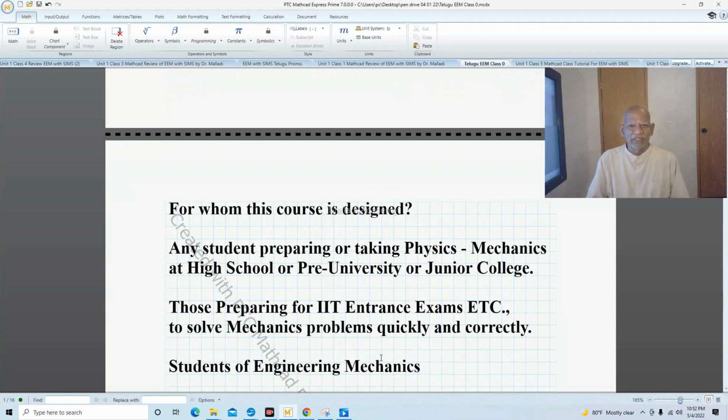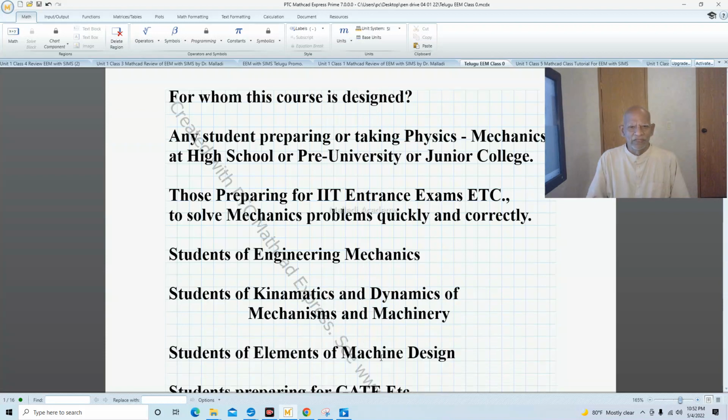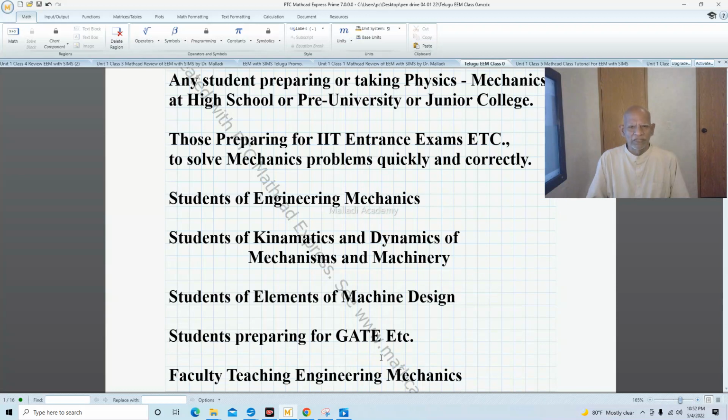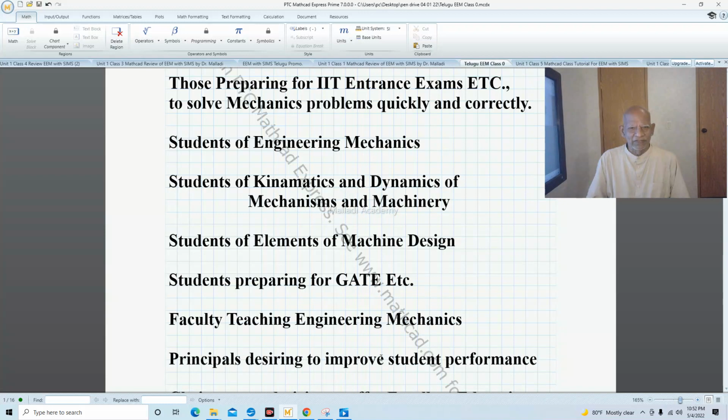Students of engineering mechanics, students of kinematics and dynamics of mechanisms and machinery, students of elements of machine design to start with free body diagrams, students preparing for GATE exams, etc., faculty teaching engineering mechanics, and principals desiring to improve student performance,